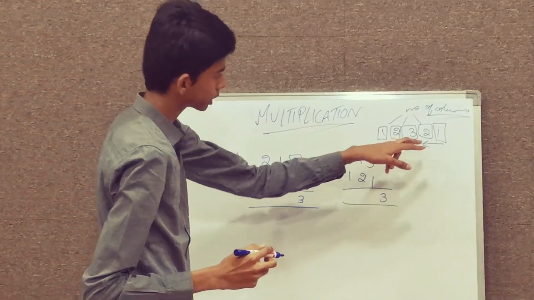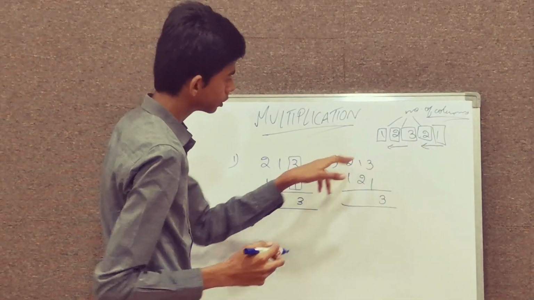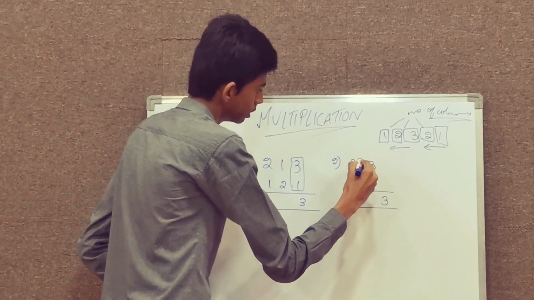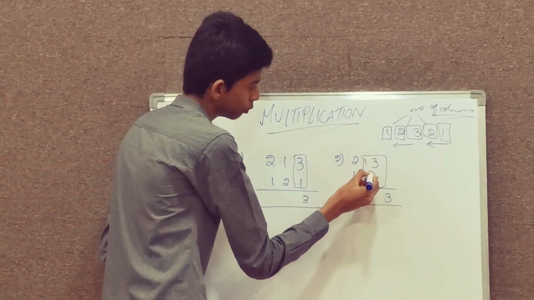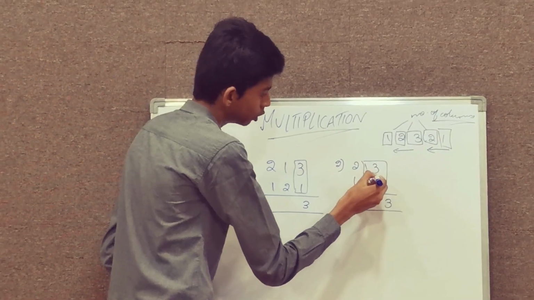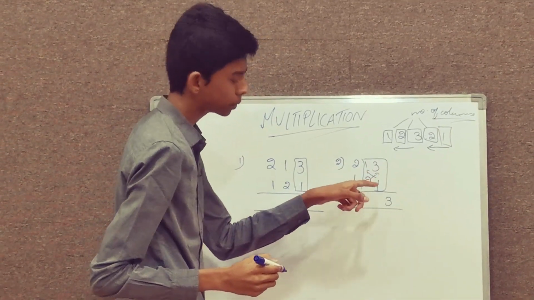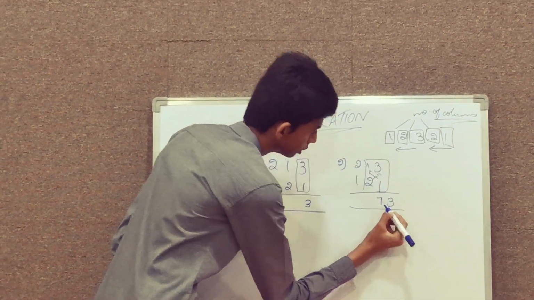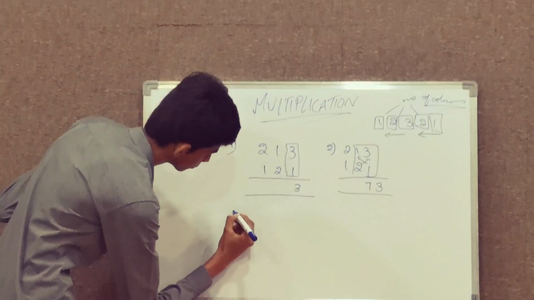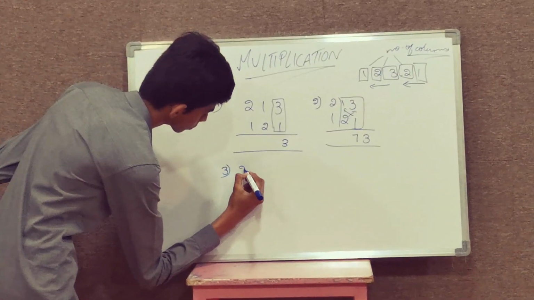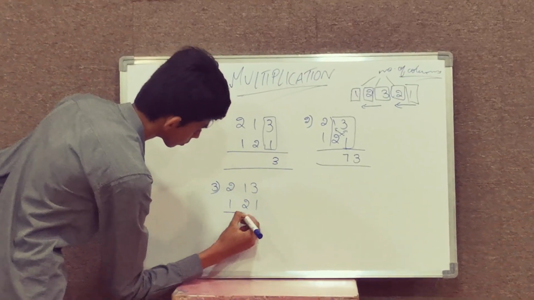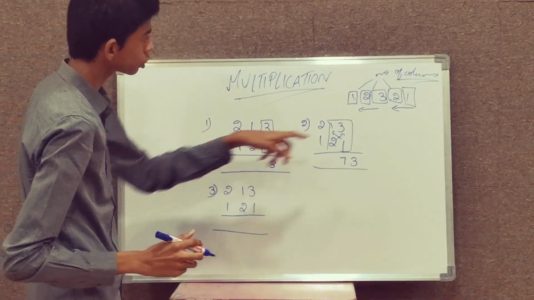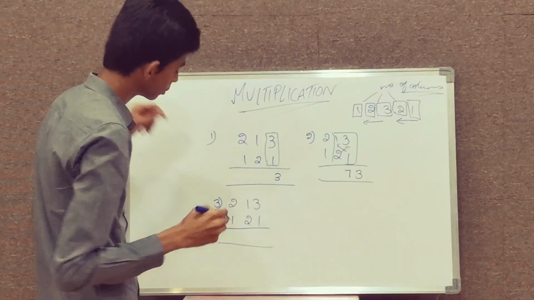And then what is the second step? We have to take the first 2 columns and then cross multiply the digits present in it. So 1 into 1 is 1, and then 2 into 3 is 6. So 6 plus 1 is 7, writing 7 here. And then third step, so the third step involves 3 columns.